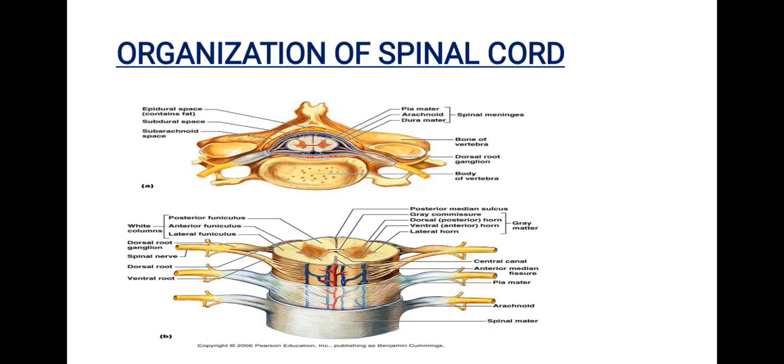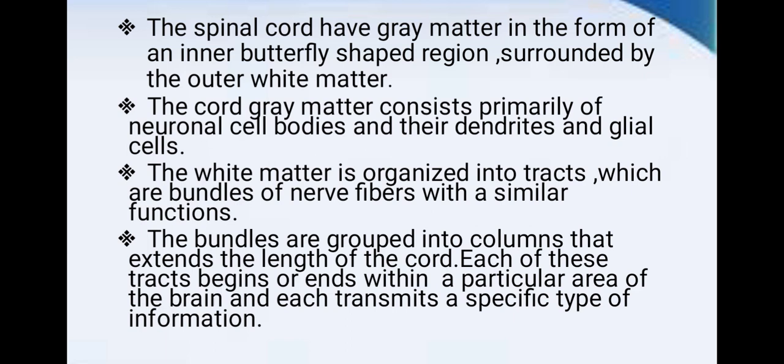Organization of the spinal cord. The spinal cord has grey matter in the form of an inner butterfly-shaped region surrounded by the outer white matter. The cord grey matter consists primarily of neuronal cell bodies, their dendrites, and glial cells. The white matter is organized into tracts, which are bundles of nerve fibers with similar functions. The bundles are grouped into columns that extend the length of the cord. Each of these tracts begins or ends within a particular area of the brain, and each transmits a specific type